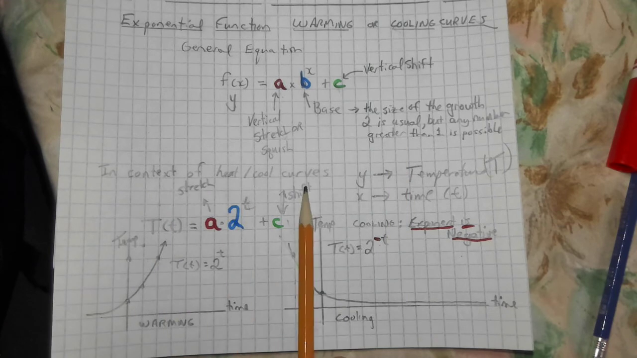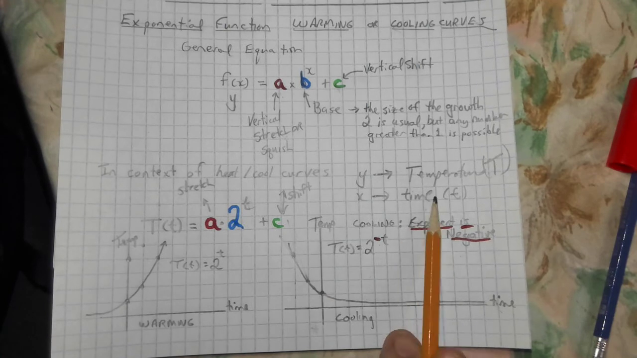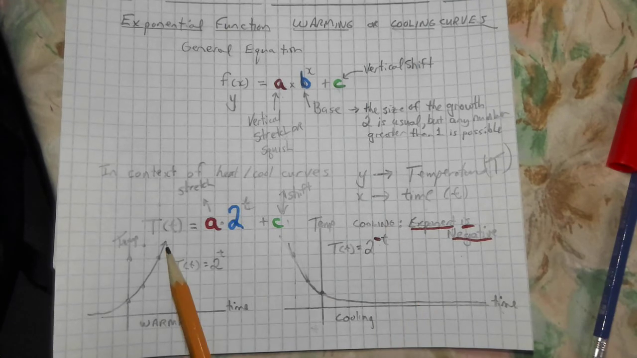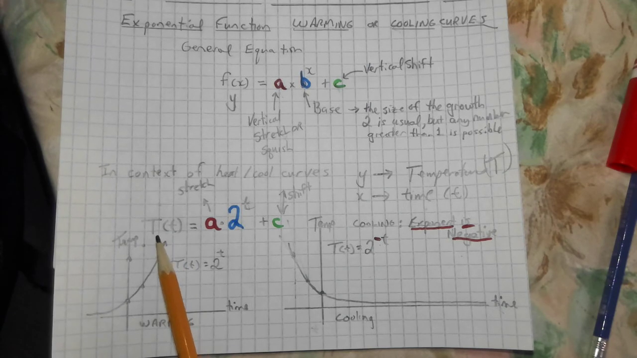So in the context of heating and cooling curves, on the x-axis we're going to have time. So x will be time, y is temperature. And then you'd use the notation capital T bracket small t to indicate temperature at a certain time. So T bracket 0 would be the initial temperature at time 0. Depending on the curve,